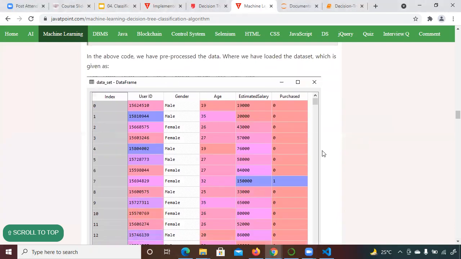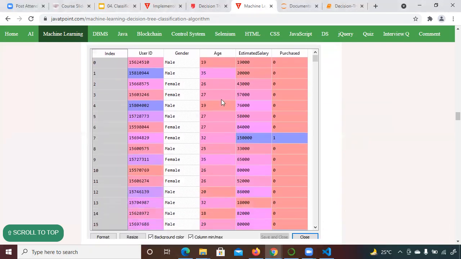You can see here, this is your data set. The data set will look like this. Assume that based on gender, age and salary, we're going to decide whether the person is going to purchase an item or not, for example an iPhone. Suppose a person's age is 19, his salary is 19,000, in Indian currency, US dollars or Nepal currency, and he is a male. So 0 means he will not purchase. Either you can use yes or no, or you can use 0 and 1 as well.